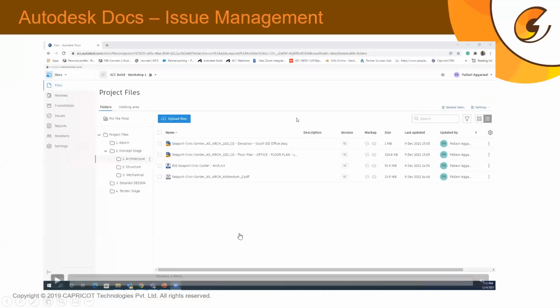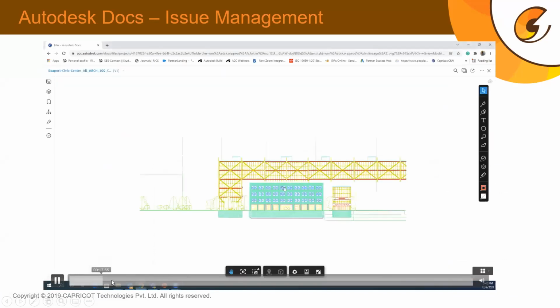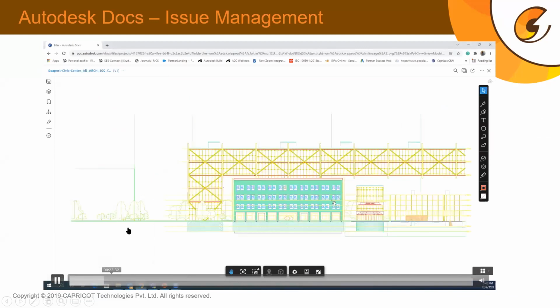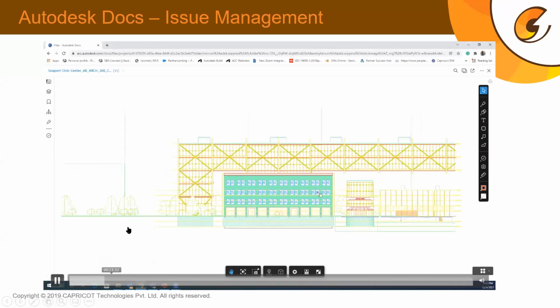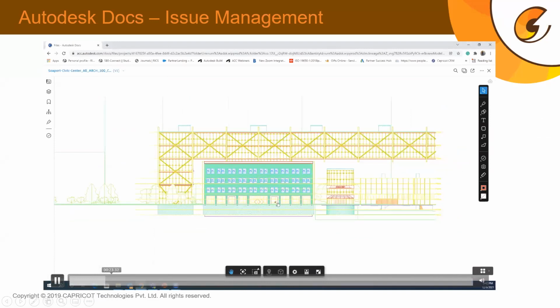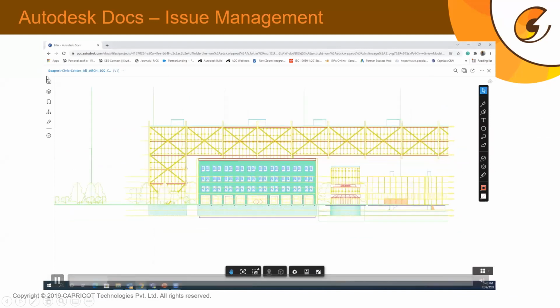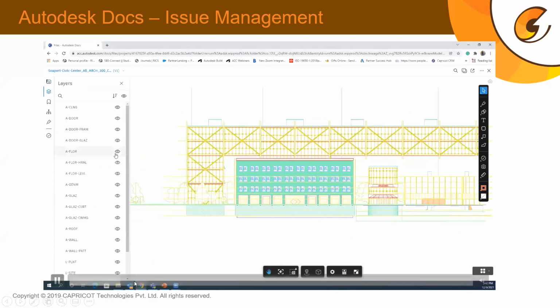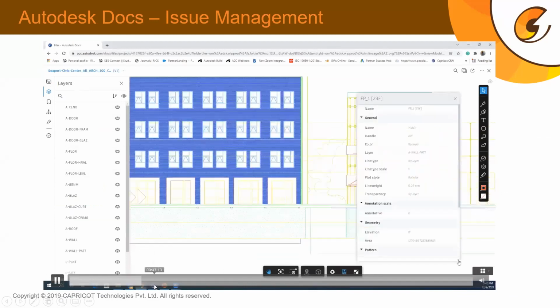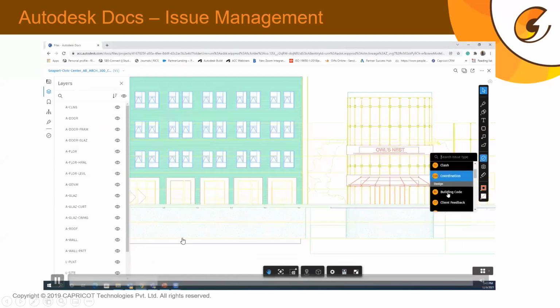We will talk about issues and markups. How can we create issues within a folder? What do I mean by issues? For example, you spot a specific issue in your file or in your drawing, and you want to convey this information to the team member who is responsible for that set of changes. You can directly go and assign them an issue.